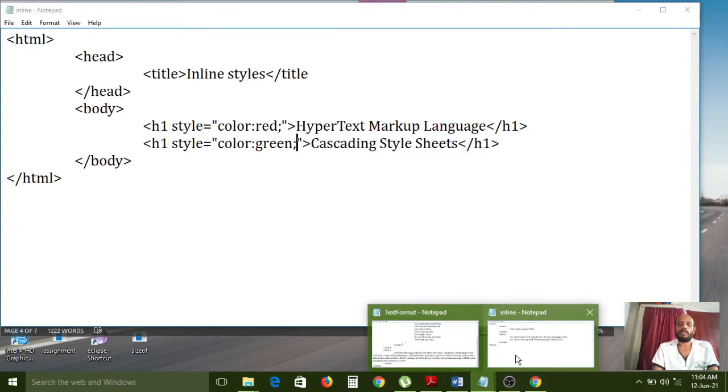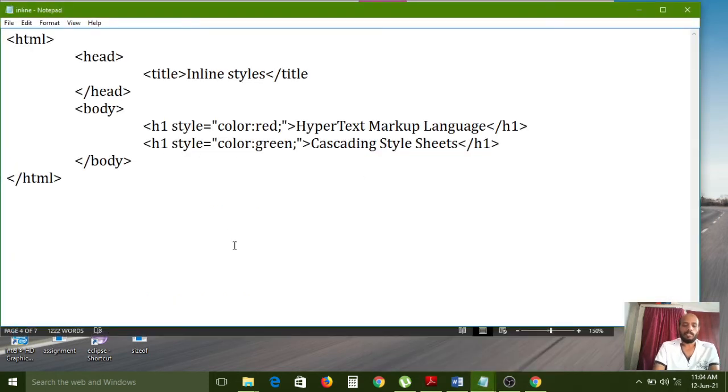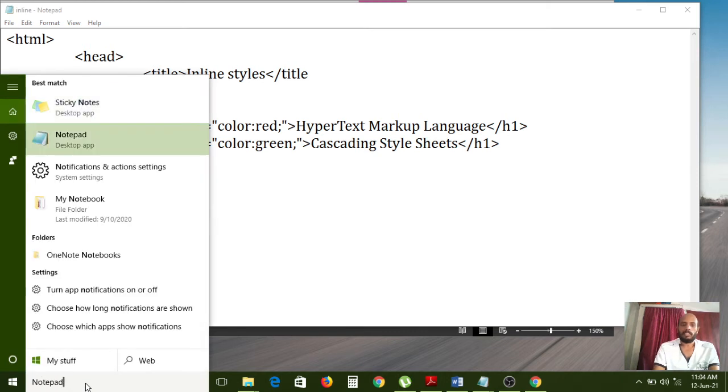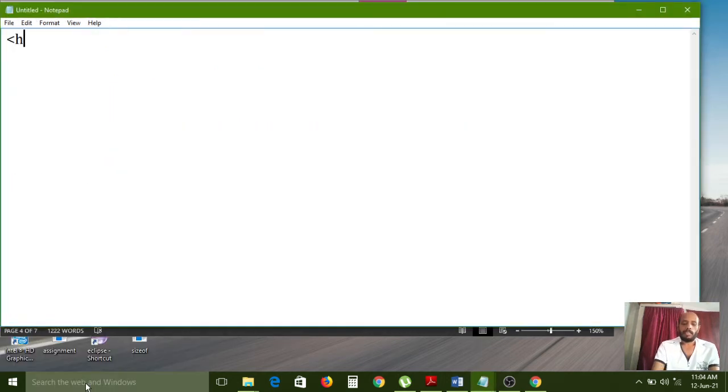So carefully observe here. Now I am opening one more notepad. Here HTML is the root element, and HTML also has a closing tag. Head section, title.